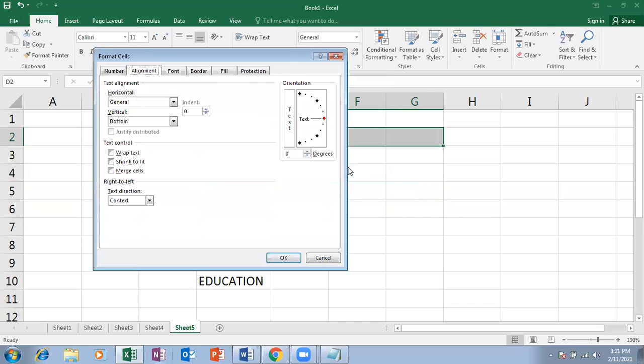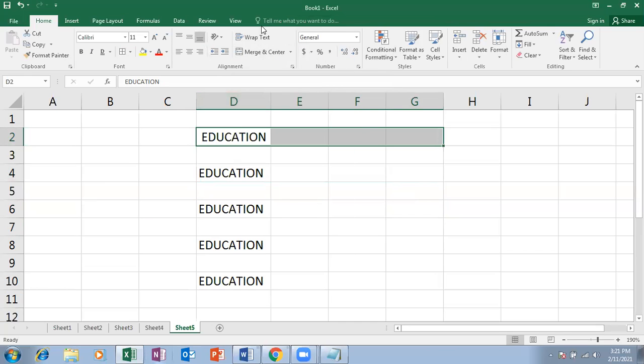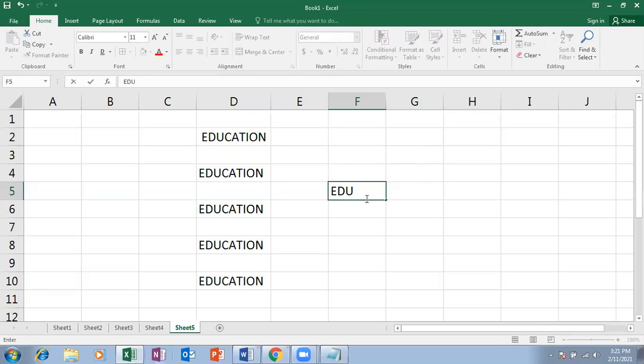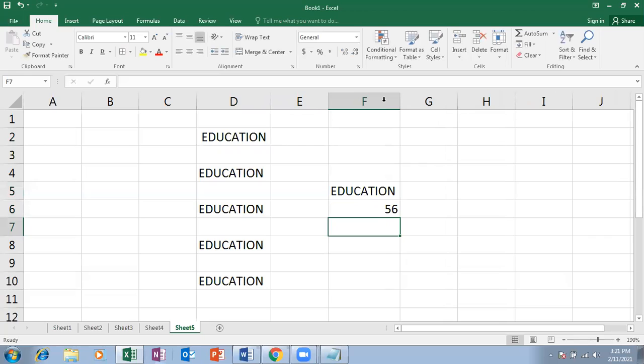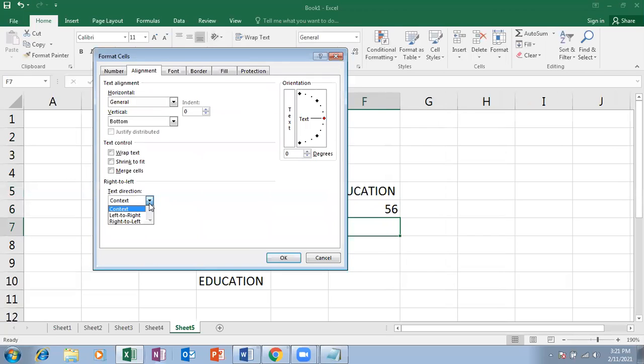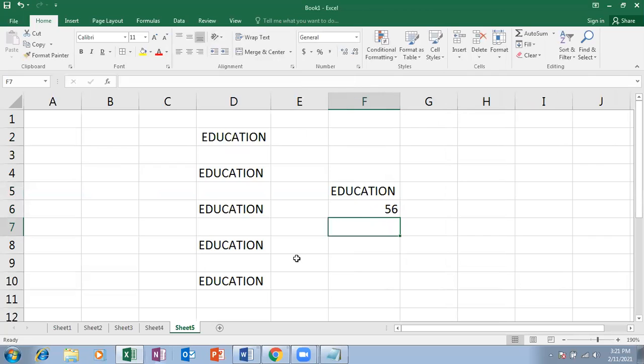So the entire thing is called the alignment group. Text will be on the left side and numbers will be on the right side by default. See here. Right side for numbers and left side for text. That is what is given in this place, left to right or right to left, like that. Okay, so please confirm. Is it clear until here?